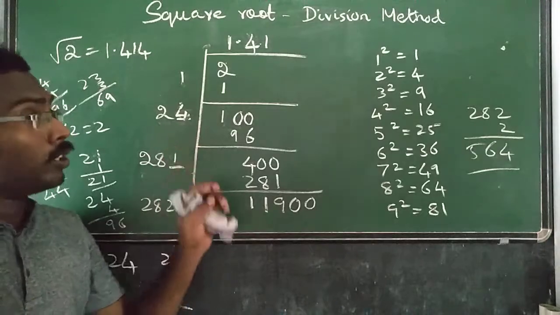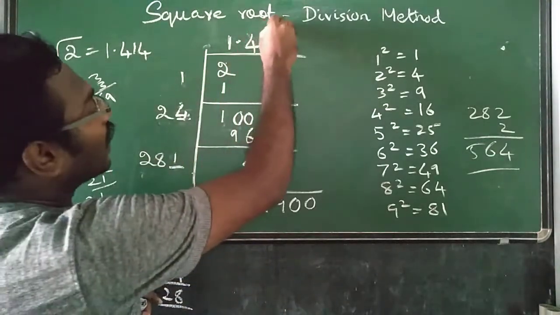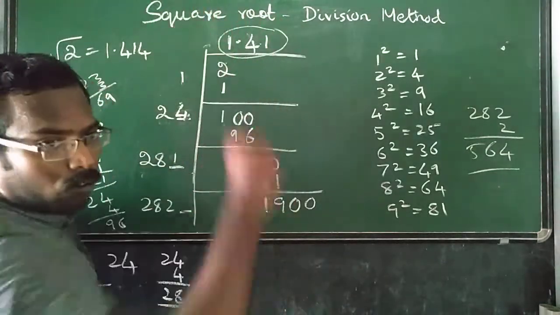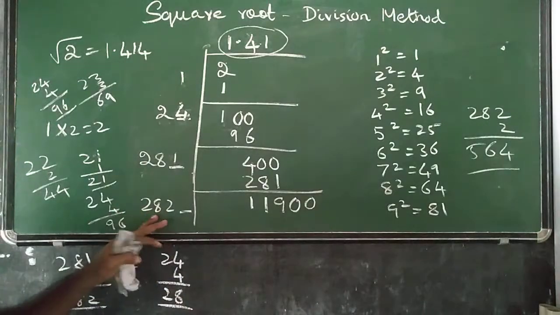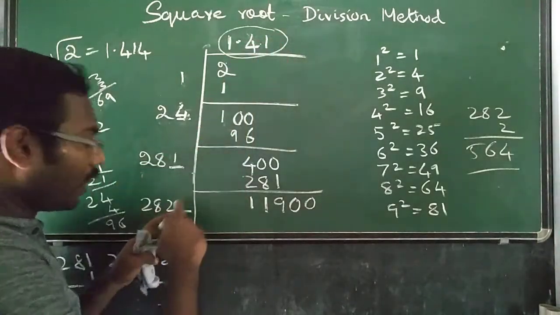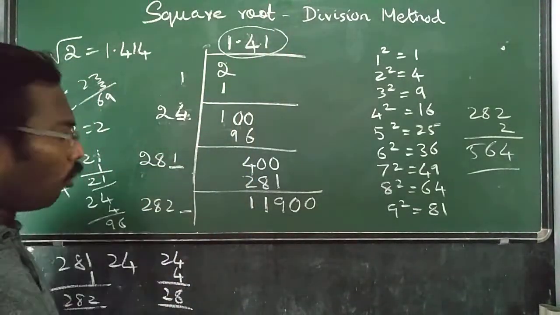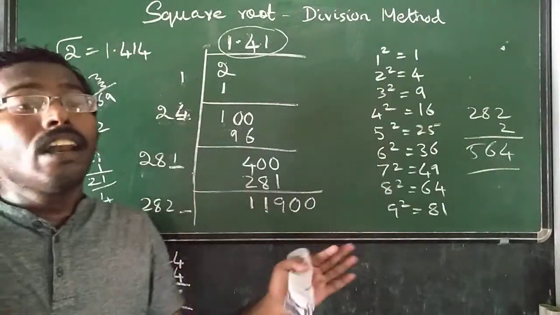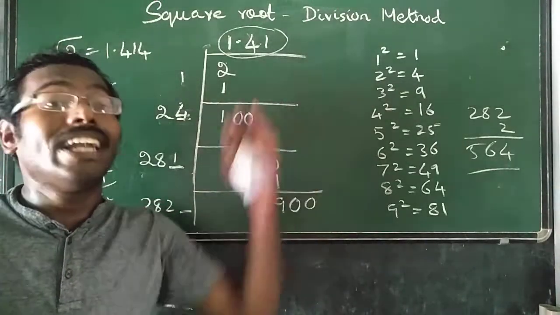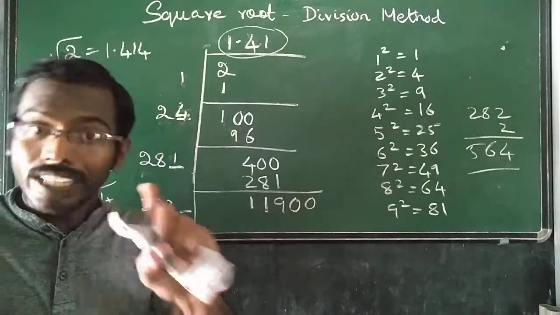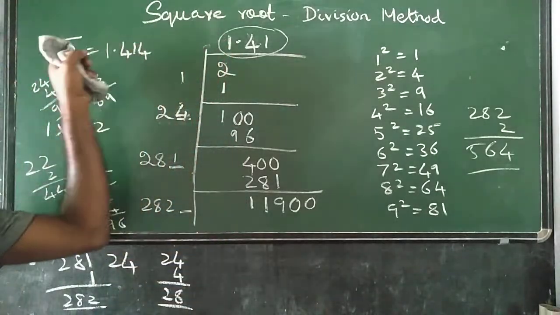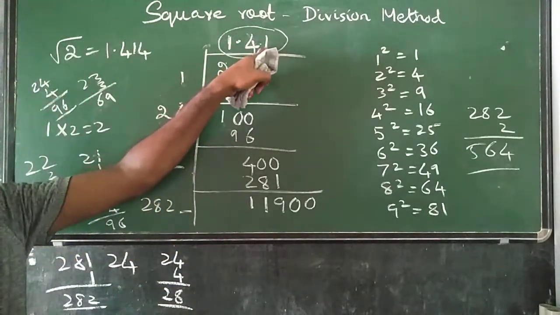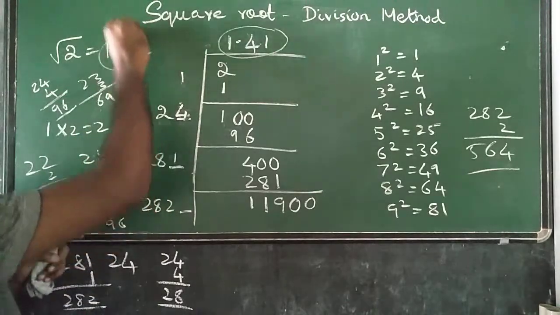It is going big. So only now you almost got the answer 1.41. If you want the third one, you will check. You will put 1 and 2 and 3 and 4. Okay. If you are a little good in guessing, you can find the answer very easily. Now itself you got the answer. The answer of root 2 is 1.41. It's correct or not? 1.41.